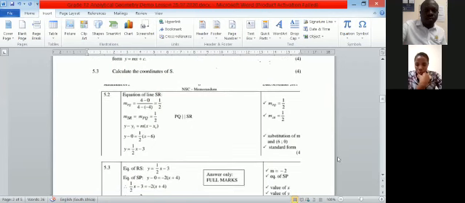Right. Now, calculate the coordinates of S. Again, we have got the equation of the line RS. We calculated it on top. It's y equals half x minus 3, the equation of the line RS. Now we want to calculate the equation of the line,